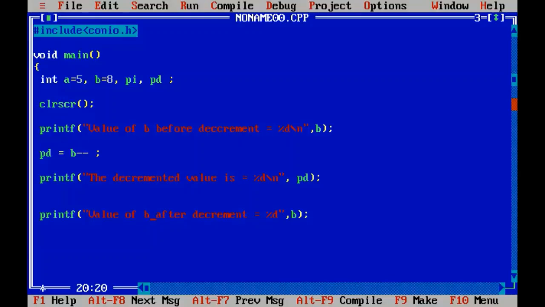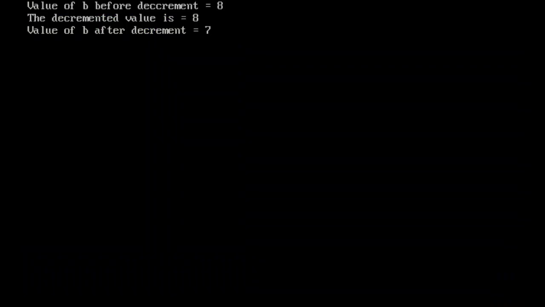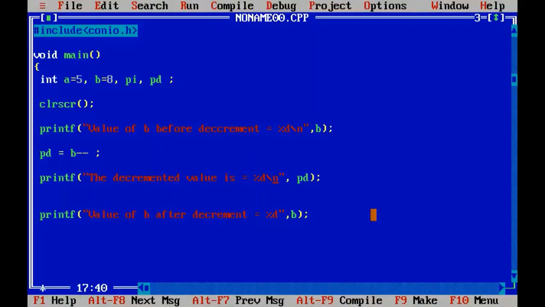Value of b after decrement is b, right? Control F9. Value of b before decrement is 8. The decremented value is also 8. Value of b after decrement is 7. Why still 8 is showing here? Because it has got the value before the decrementation has happened. I hope you understood this concept. So once you work out this program, you'll understand it better.